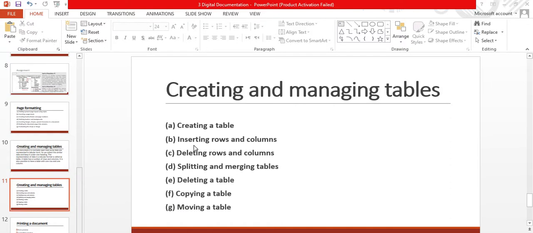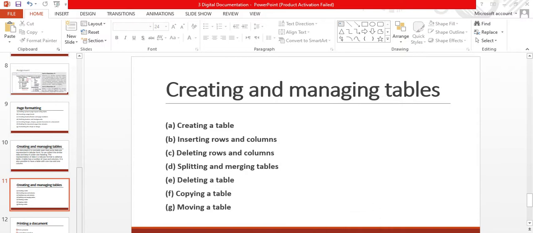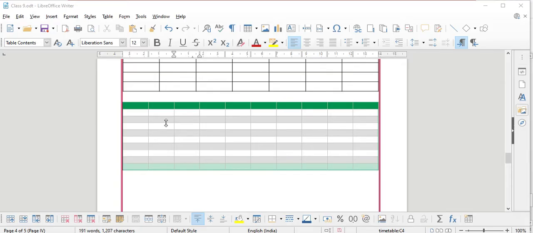The next topic is inserting rows and columns and deleting rows and columns. If you miss some rows after creating your table, after writing your information in the document, how can we insert them again, and how can we delete extra rows if there are any? Here in this table I have chosen 10 rows and 10 columns.